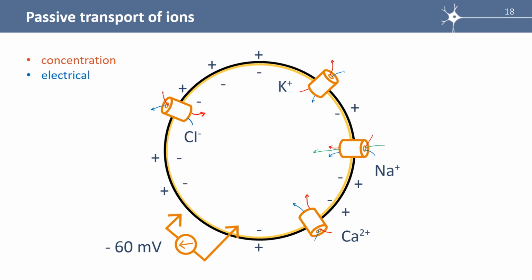So here the resultant force means that sodium ions will enter the cell. It's the same for calcium ions. The two forces are in the same direction. It's more complicated for the potassium ions and the chloride ions because the two forces are in opposite directions. To know in which direction they will finally move and at which potential, we first have to identify the membrane potential at which the potassium or the chloride ions do not move. It means that their net flux is zero.